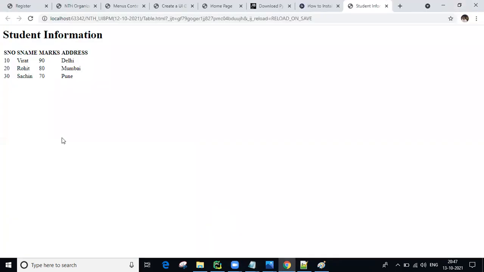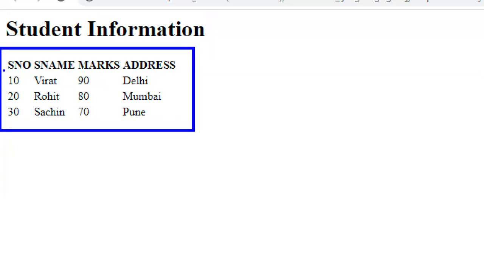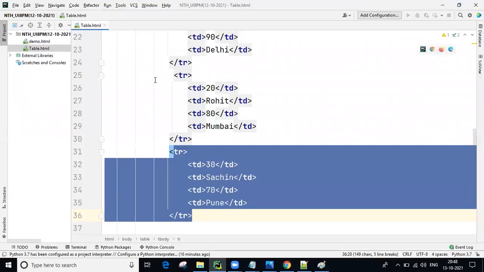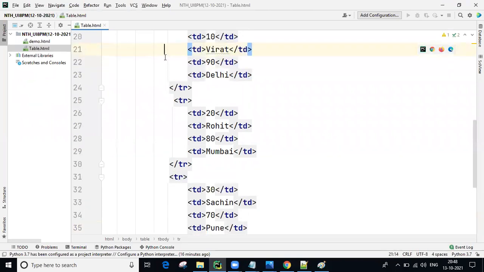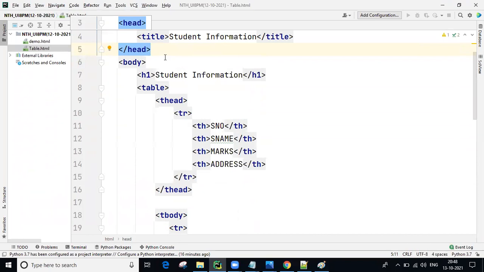Okay, so now see you're getting this data. I want to get it table wise, guys. Table wise, I want to get all these lines. I want to get border lines, we call these all border lines. If you want to get that, then we need to use one special property. I will introduce this one now.